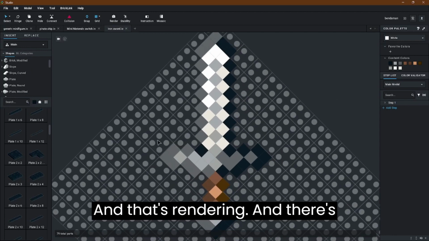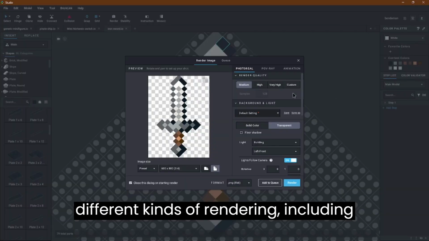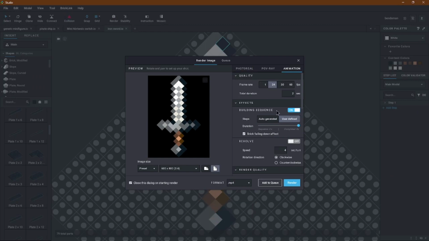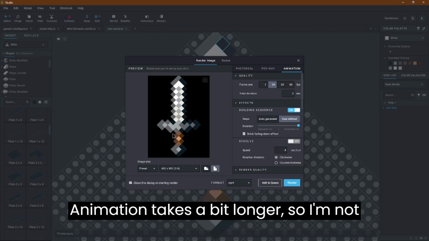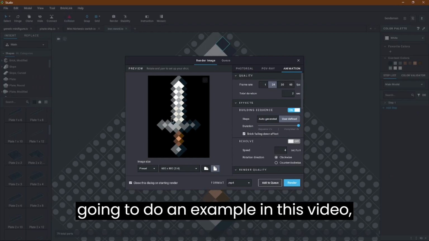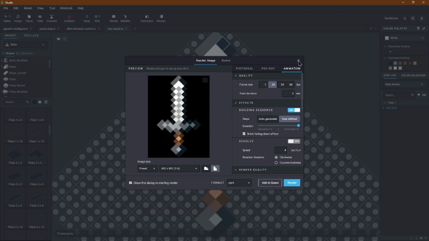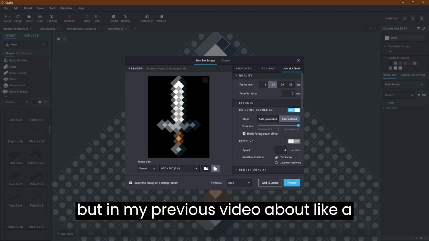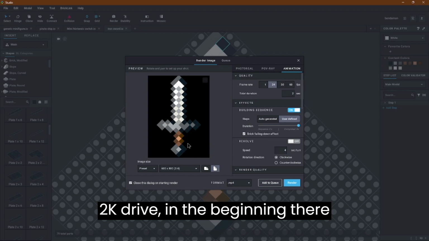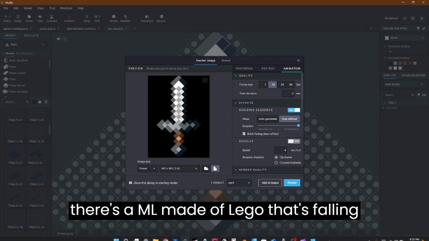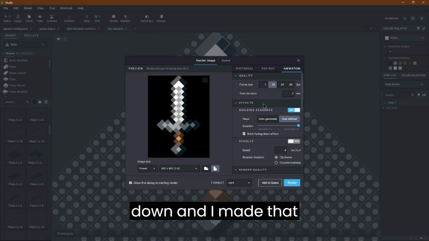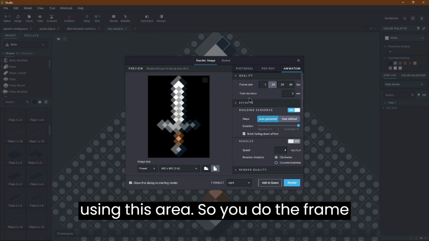and that's rendering. And there's different kinds of rendering, including animation. Animation takes a bit longer, so I'm not going to do an example in this video. But in my previous video about Lego 2K Drive, in the beginning there's a model made of Lego that's falling down, and I made that using this area.